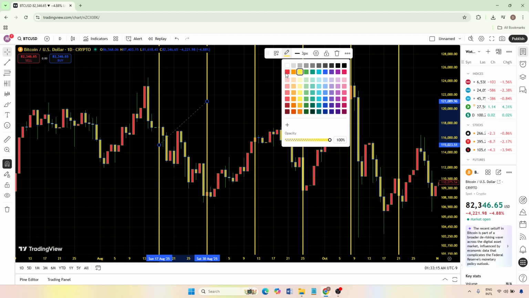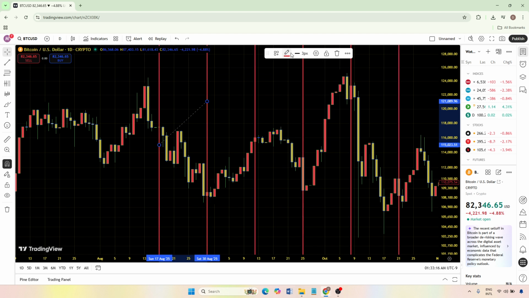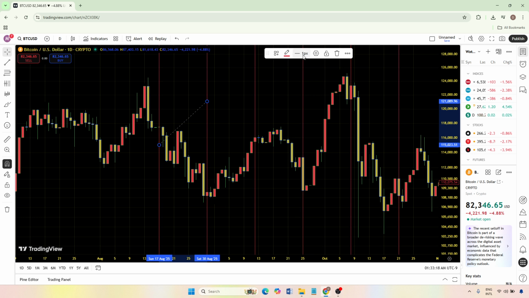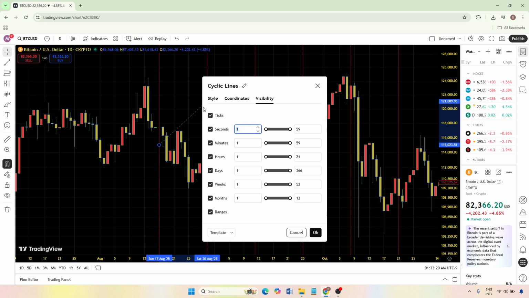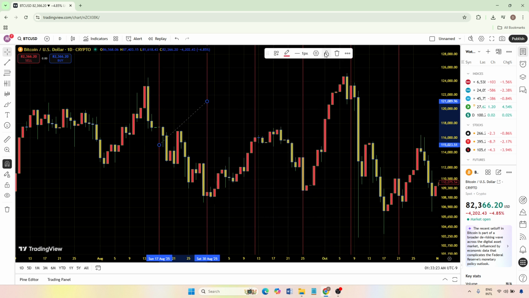Templates allow you to save a style you like and reuse it later. Click on color to change the line color so it stands out against your background. Click on line width to make the lines thinner or thicker, depending on how prominent you want them. If you click on settings, you can adjust more detailed options such as visibility on different time frames or other style preferences. When you're happy with the placement and style, you can click on lock to keep the cyclic lines